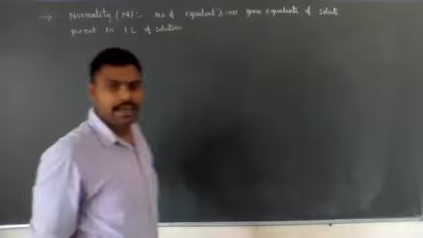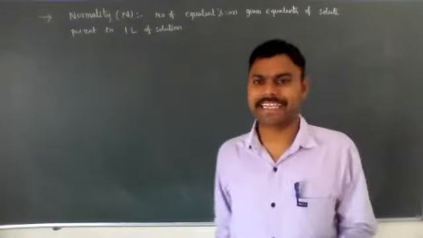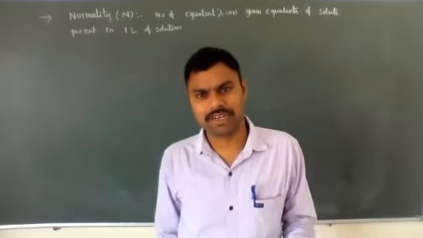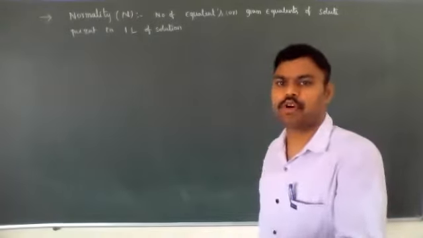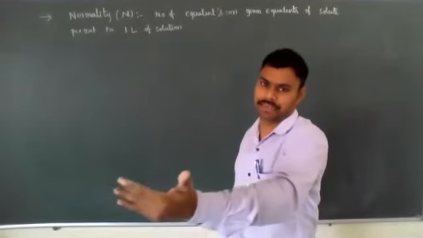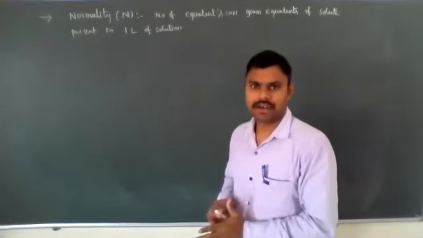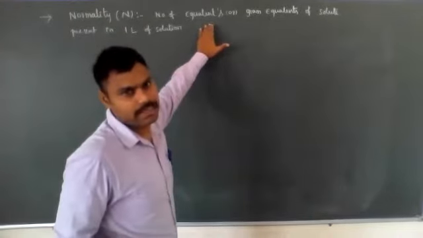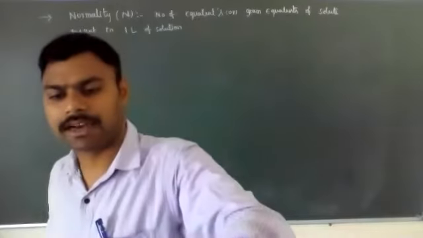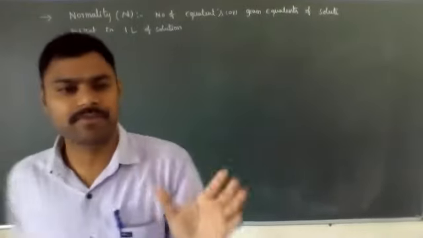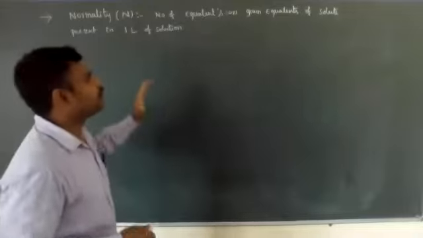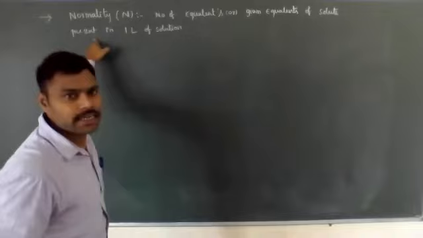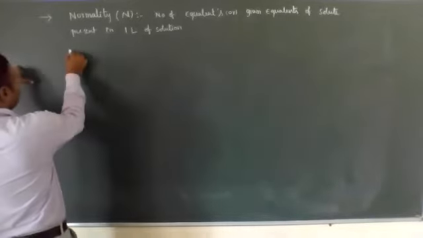So here equivalents, that concept we need to discuss in redox reactions. Don't worry about that, it is very easy only. We'll discuss more applications in the next chapter. But now just listen. How to calculate number of equivalents is very easy, just a small formula comes. According to that some applications, some numericals we need to remember. Number of equivalents or gram equivalents of solute present in 1 liter solution is known as normality.